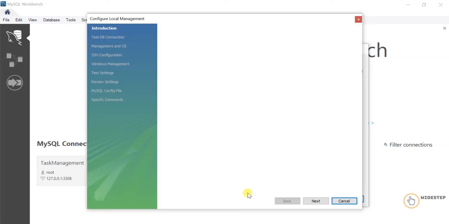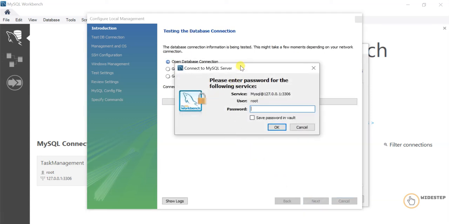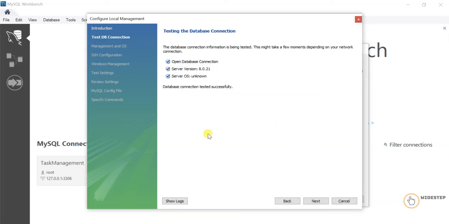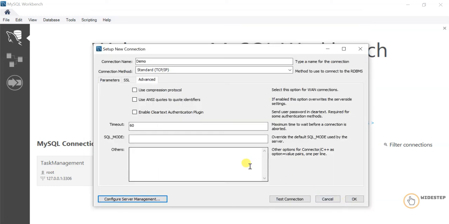And also you can configure the server management. Okay, so you can go to next. You can actually have the password set. I think, yep. Database connection tested. And also you have this Windows management, all sort of things you can actually verify from this local management wizard. So I'm gonna leave that for now,